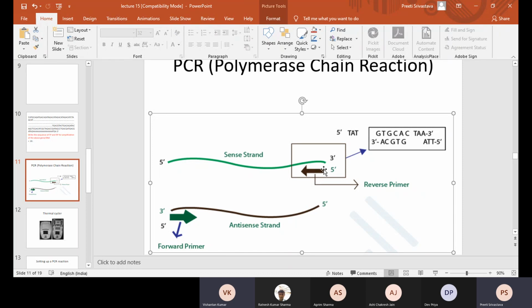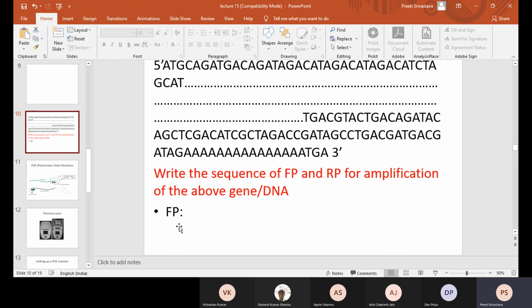So what you need to do is make a complement of the green one and then read it in the reverse direction. That is why the reverse primer is also called the reverse complement, because it is the complement of the sense strand, because see, black and black. It is the complement and then it is read in reverse direction. And that is why it is called reverse complement.